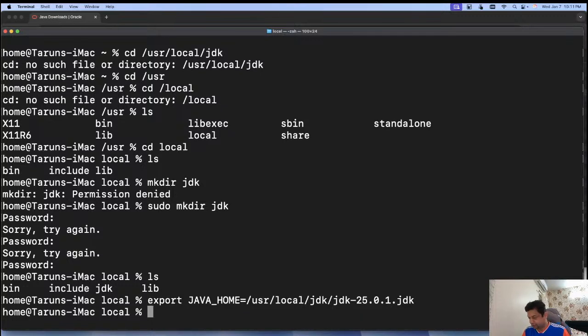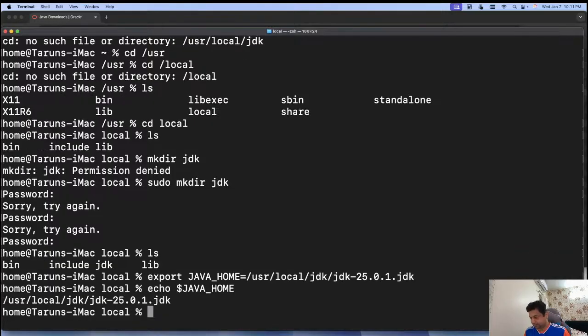So let me do this. Now if I say Java home, to use a dollar symbol, so you see here this Java home variable is set. So this completes the installation. Now if I run the Java version command,